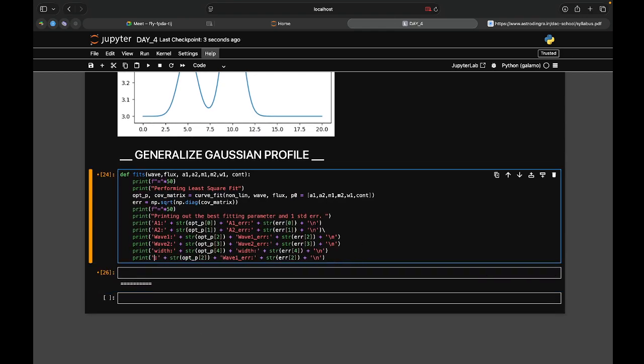Okay, I will write here continuum level, and then now I will make this as 5, continuum error will be at the 0 index, because